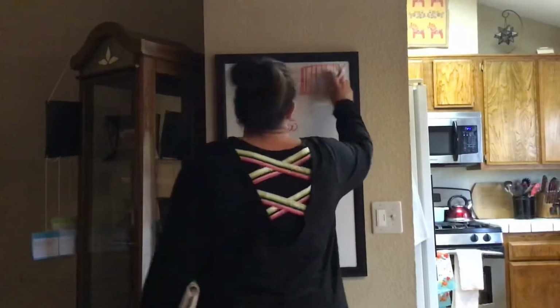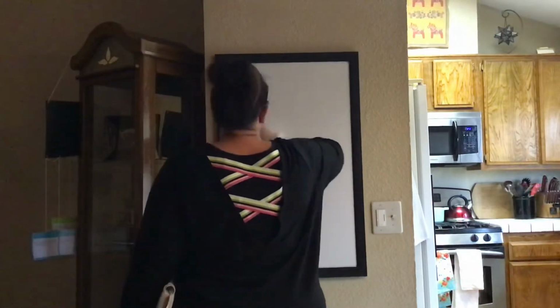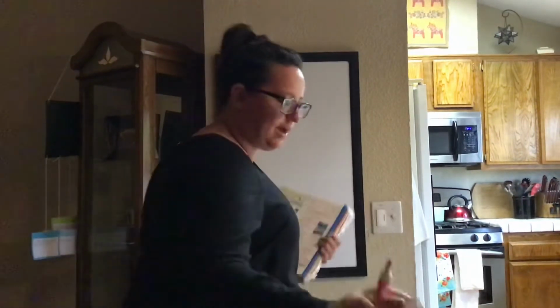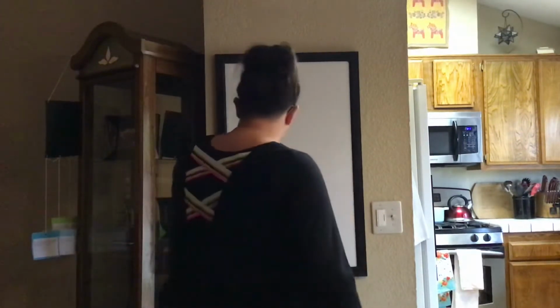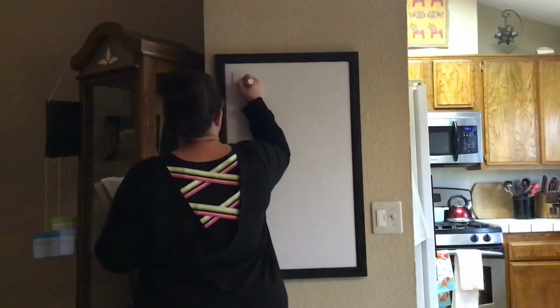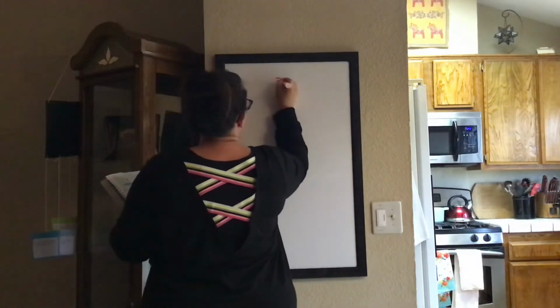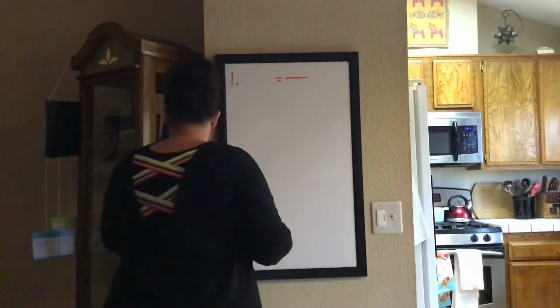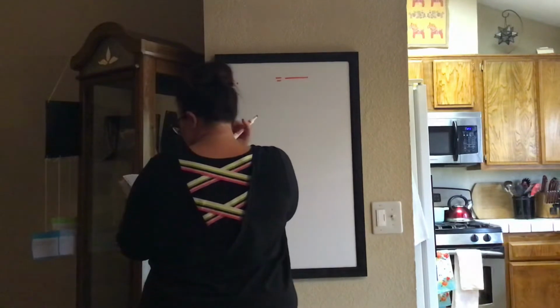Number 1. Number 1, they show you a picture, don't they? They have it written out. They have it drawn out. Well, it's broken up into hundredths already. So already, they want you to write it in fraction form as well as decimal form, right? Decimal form or fraction form. Well,